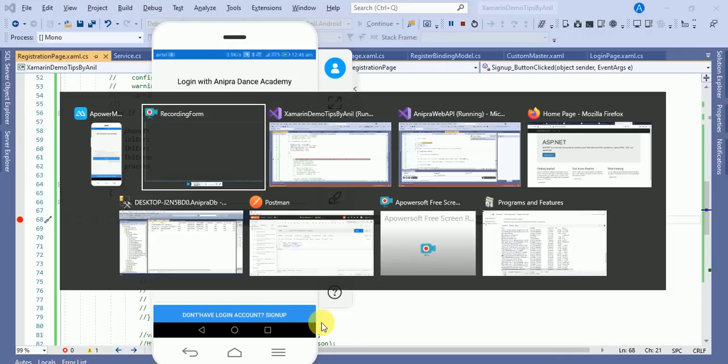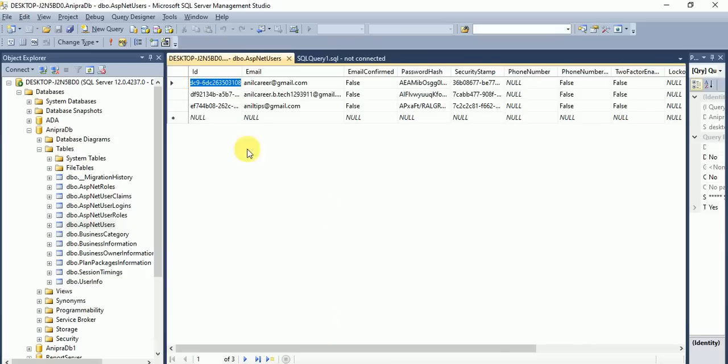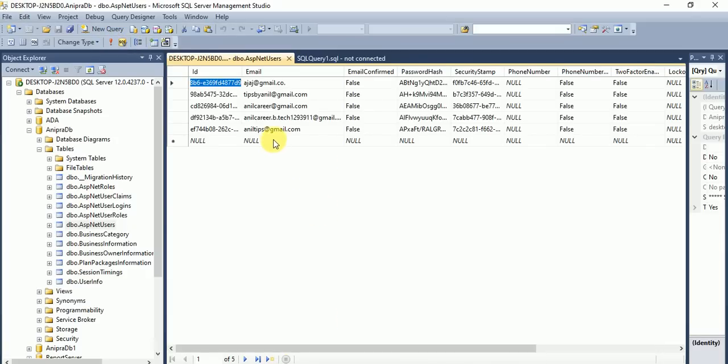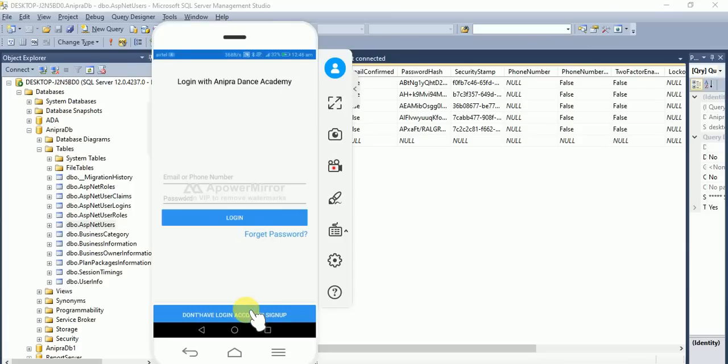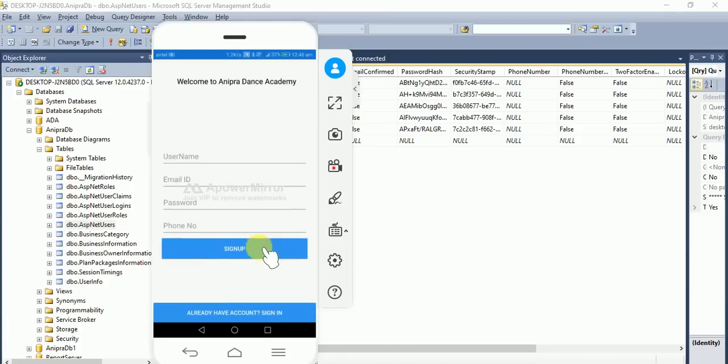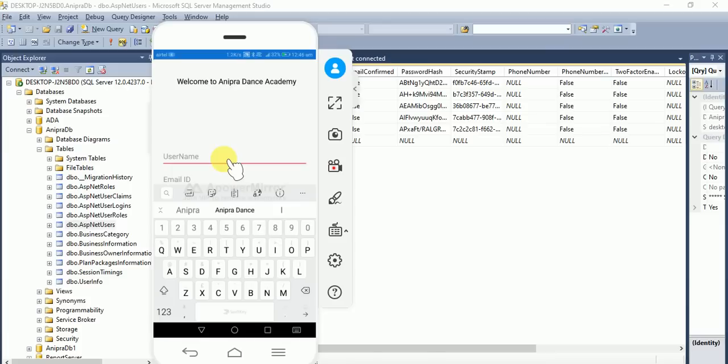I'll check on SQL Server. Yes, tipsbyanil@gmail.com. So if you want to debug it also, I'll let you know how we can debug this application. Click on this button. Again, I'll sign up a user.